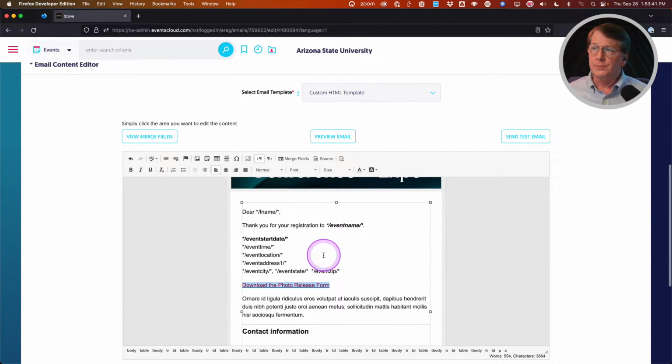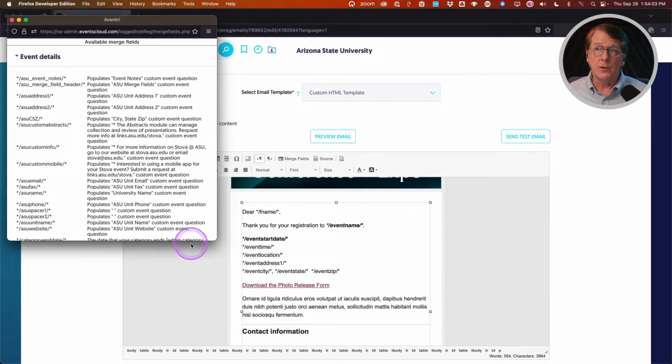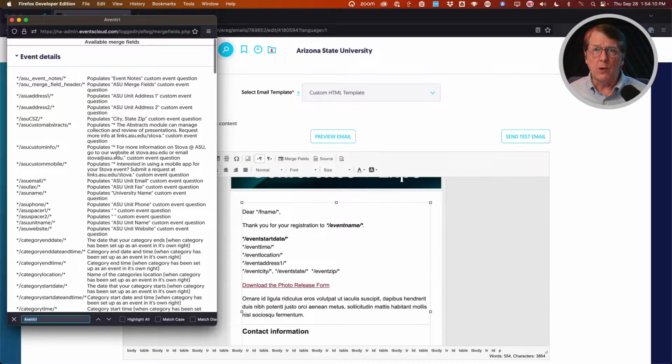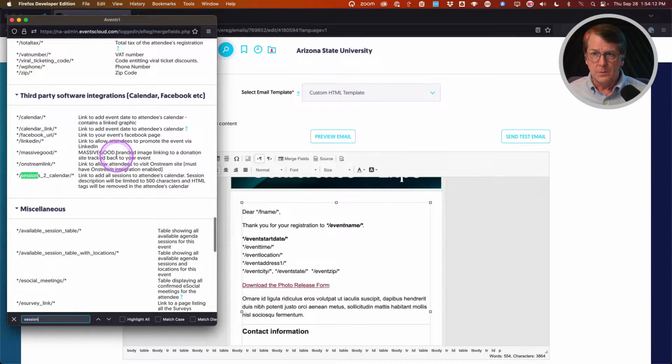Okay, let's talk about merge codes. So our template comes with some, and these should make common sense. First name versus the event name. The event dates are coming from the event info page. So to add merge fields, there are 2 ways to do it. Up here on the right is a button called Merge Fields that will open up a pop-up window where you can see everything that's available. Okay? Easiest way to search here is to just use the browser search feature. So perhaps I want to see something about sessions, or